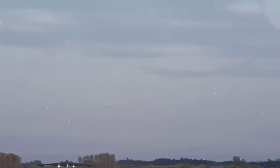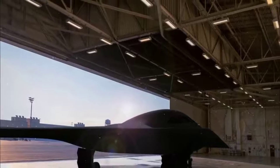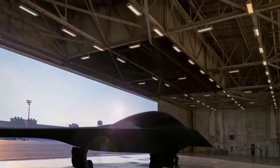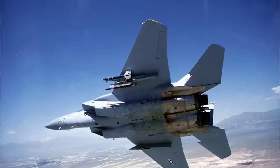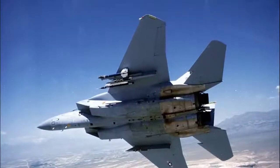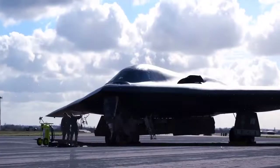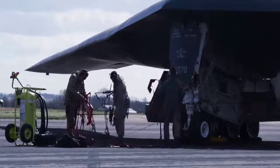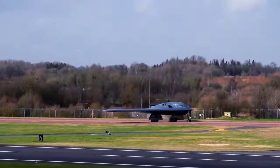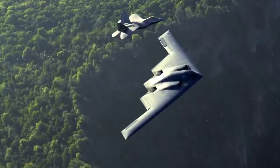If one accepts the premise that the B-21 will be powered by twin unaugmented F-135 engines, one can then assume that the new bomber will be larger than a Boeing F-15E Strike Eagle or General Dynamics F-111 but smaller than the B-1 or B-2. Given the types of threats from low-frequency radars that are projected to be out there in the future and the limitations of current low observables materials,